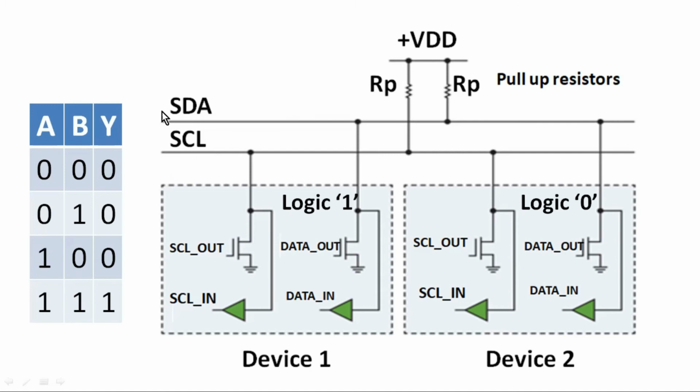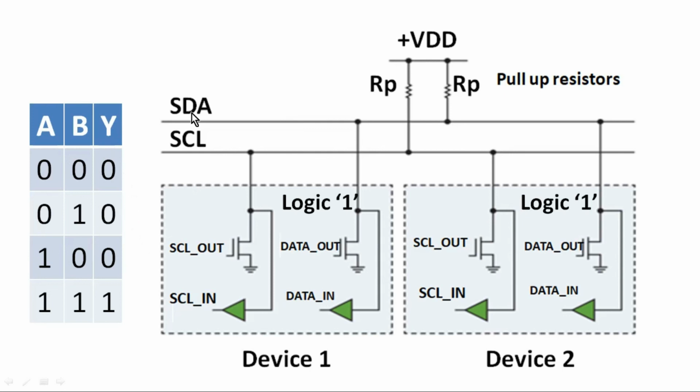Just take your focus on the SDA line, which is driven by two devices, device 1 and device 2. Let us assume that device 1 is trying to make the status of the SDA line logic 1 and device 2 is trying to make the status of the SDA line logic 0. And as we discussed earlier, when device 1 wants to make the status of the SDA line logic 1, it has no option but to make this SDA line floating from its side. But device 2 is driving logic 0, that means it is actually driving logic 0 on the SDA line. So the status of the SDA line will become logic 0, which is quite aligned with the truth table of an AND gate.